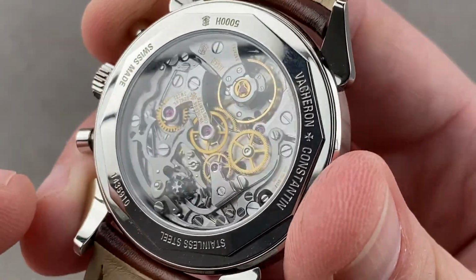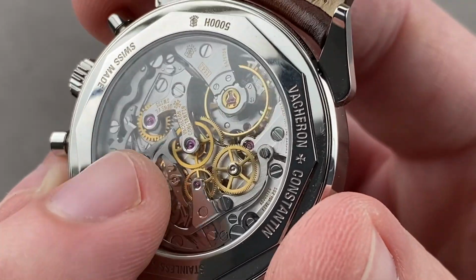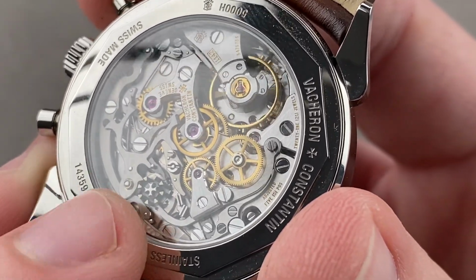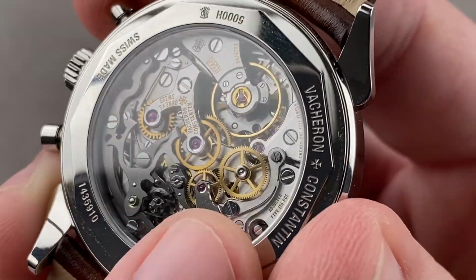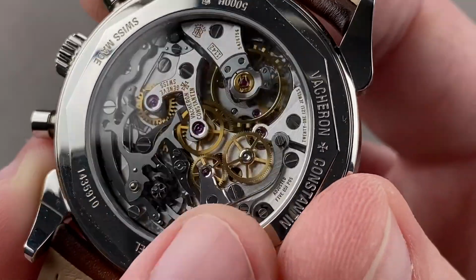21 joule movement is a combination of column wheel and lateral clutch, manual wind with a 48-hour power reserve and a 21.6 beat rate. You can see the column wheel even features a black polished Maltese cross at its center that fixes it down, and the column wheel makes for crisp actuation. The lateral clutch makes for beauty. It's not as efficient as a vertical clutch, but it is more visible, and as you can see, Vacheron has